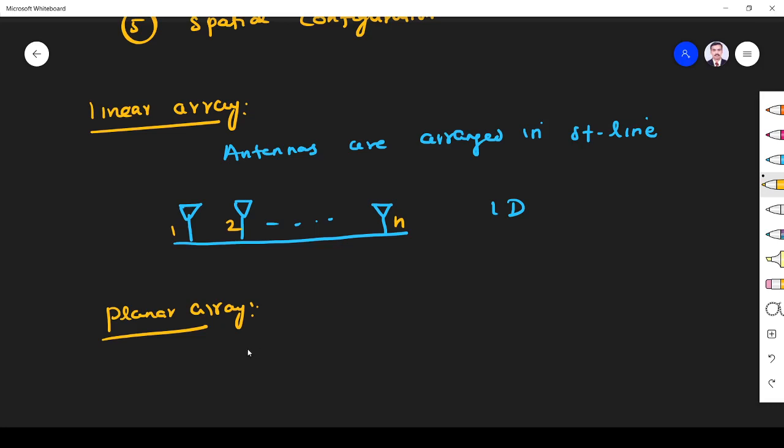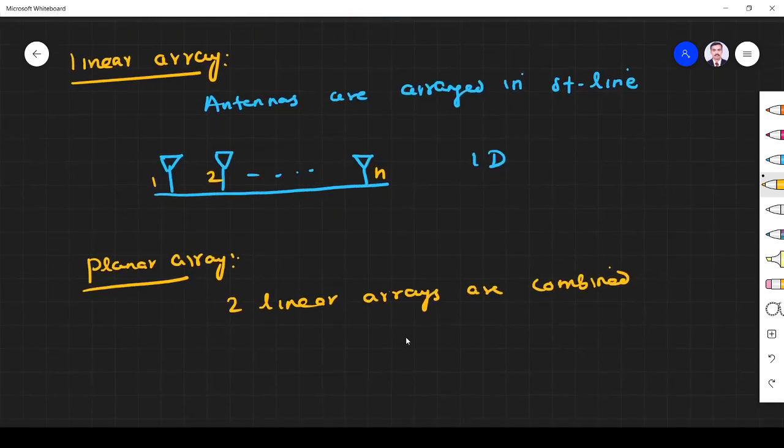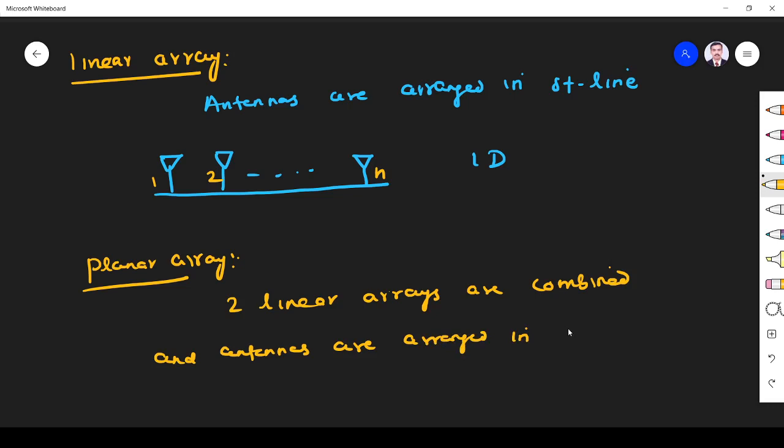That means two linear arrays are combined, and the elements are arranged in a square, rectangular, or circular fashion.